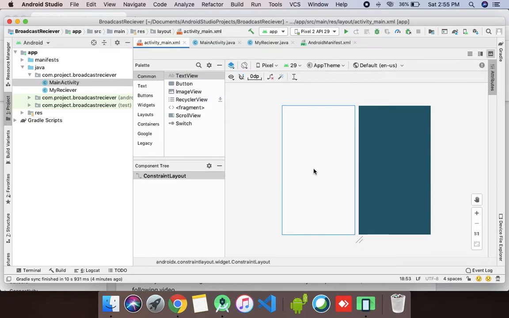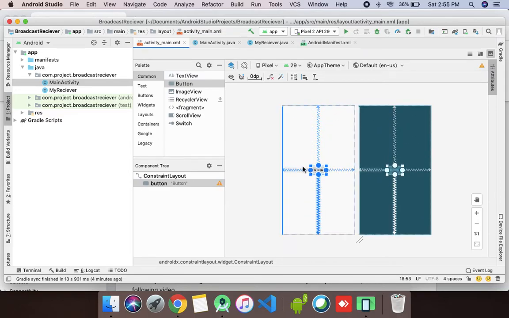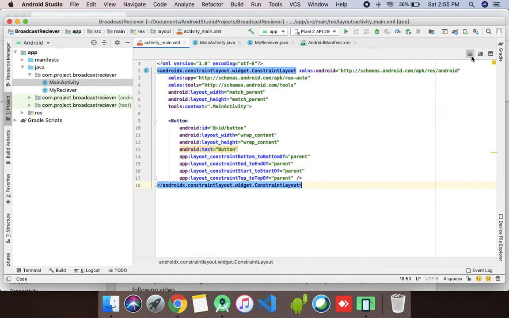So let's delete this hello world and add one button here at the center of the screen, and define its constraints. As you already know, this is a constraint layout, and I personally prefer constraint layout a bit. Let's rename this as Send Broadcast.